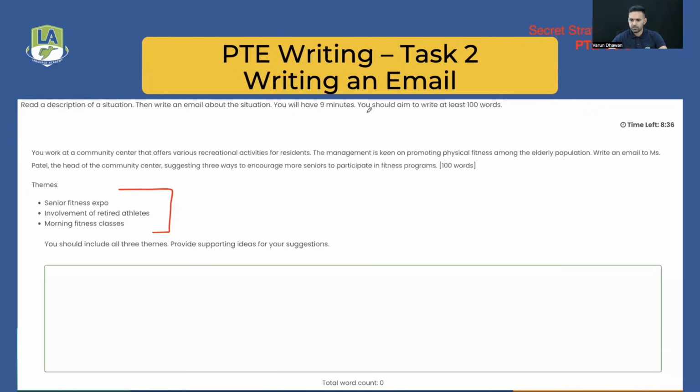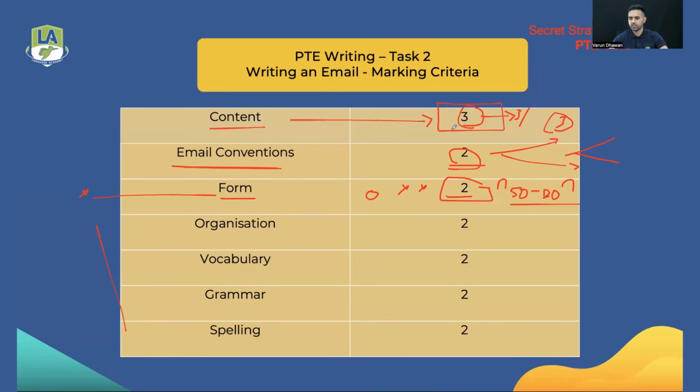At the top of your screen, it will always say you should aim to write at least 100 words. It's not that the minimum requirement is 100. Minimum requirement, if you look at the scoring guide as well, is 50 words. I wrote 94 words in one email and 113 words in the other email. I've got 90 in writing. So it's recommended you write around 100 words so that you can cover everything. But if you have less than 100 as well, anywhere between 50 to 120 words, you will get full points